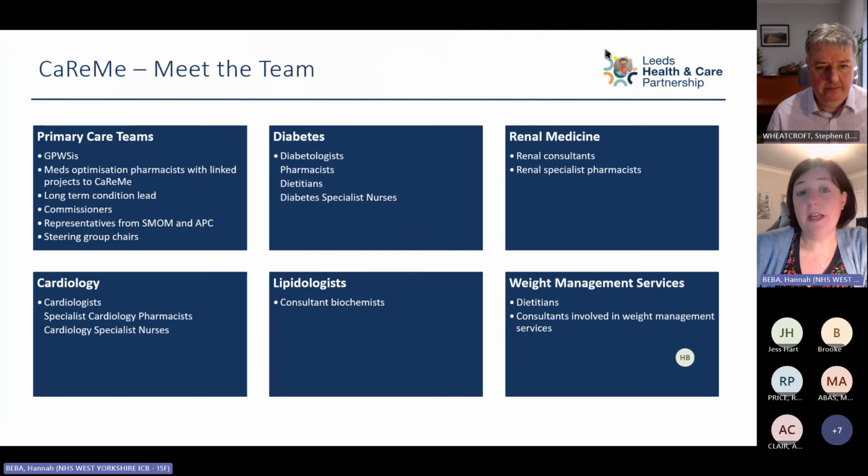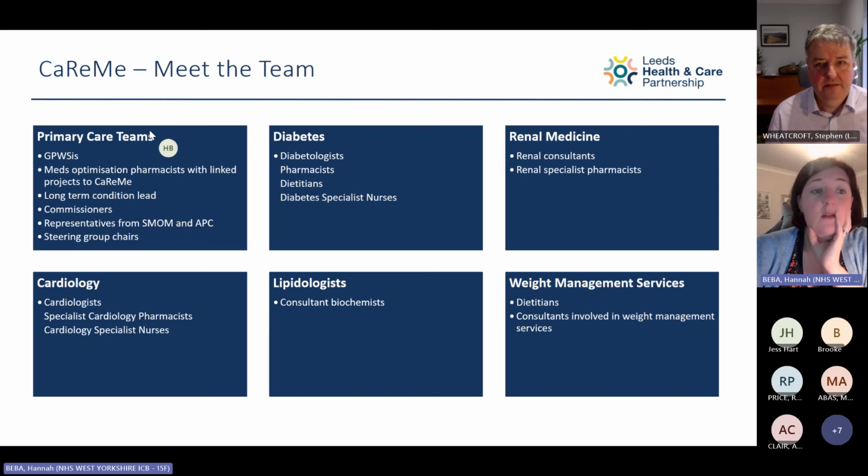There are lots of different stakeholders in the arena of cardio-renal metabolic, and one of the things that we've done in Leeds, which has been really helpful, is to meet one another and to join together to do some of this work regularly. So what we really want to try to do is bring together primary care teams, GPs with specialist interests,